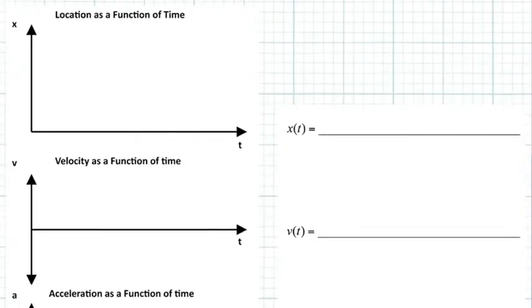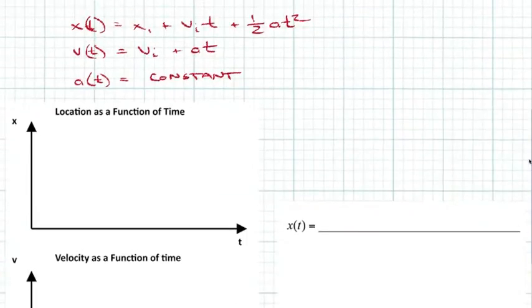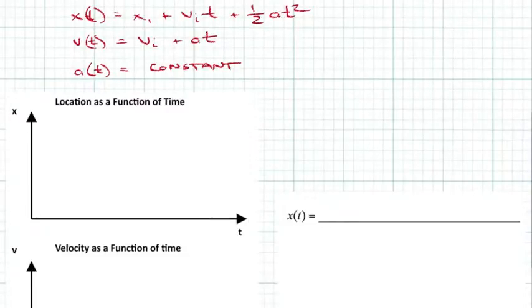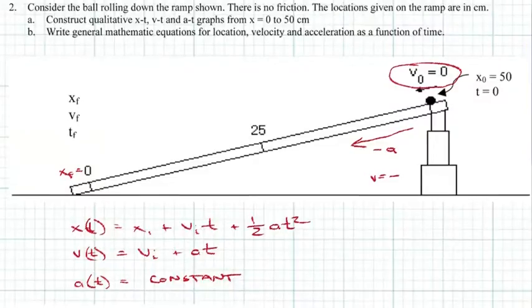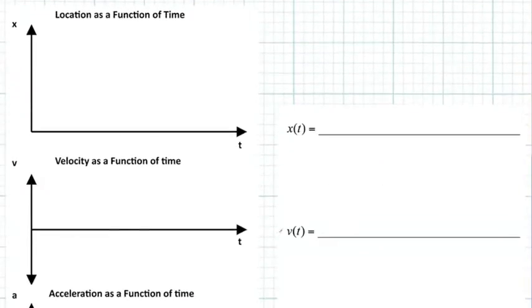So, what is our equation for our velocity versus time? Well, again, it's v_i plus a t. Do we have an initial velocity? Nope, that's 0. But we do have an acceleration. So our velocity at any point in time is going to be